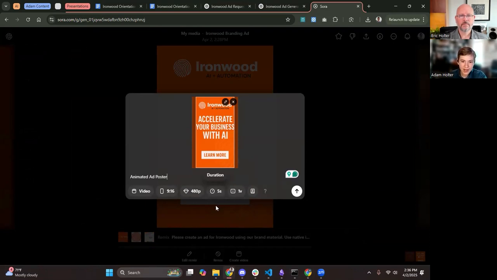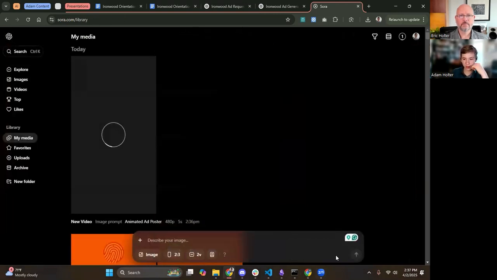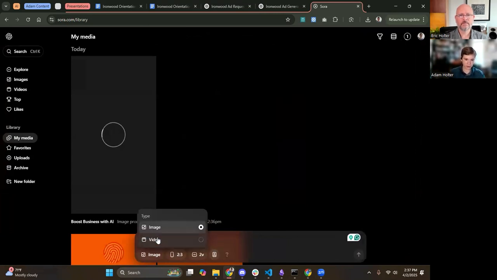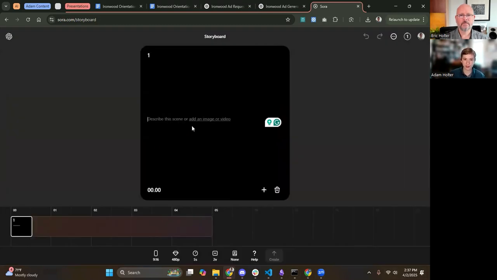And you can take this image as a start frame and then create an animation from that. You can remix things, create things on a storyboard. So if you want to make a video, you can do this sort of editor-like interface and prompt for different sections of the video. So it gives you a lot more control than some other tools.